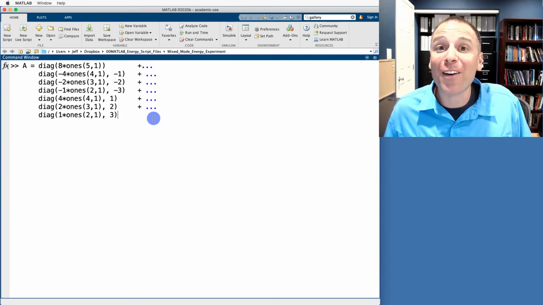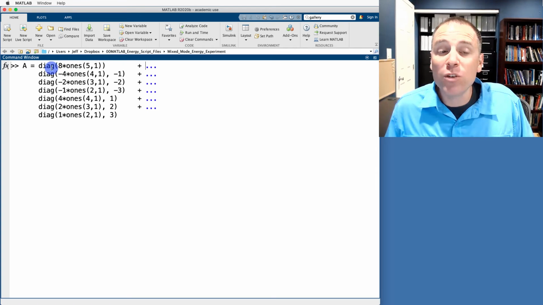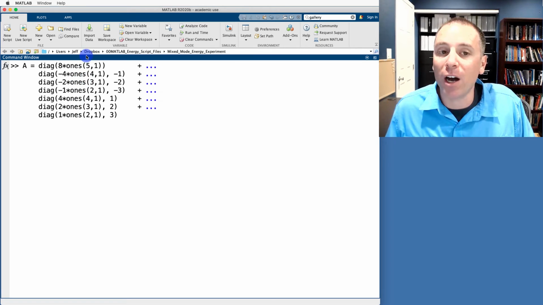Let's look at an example of how to capture lower triangular entries of a matrix. Notice we're going to define a matrix A, which is a 5 by 5 matrix. This matrix is going to have 8 on the main diagonals, because look, this vector inside is a 5 by 1, which is 8 times all 1s. In other words, that's a vector of all 1s. In this case, we're using repeated references to diag plus addition. This little 3 dots is an ellipsis, which allows me to write code on the next line, but interpret it as a single block of code.